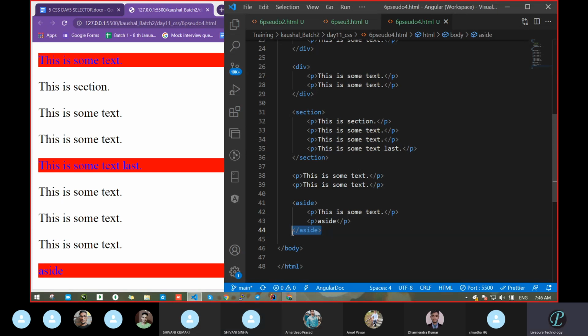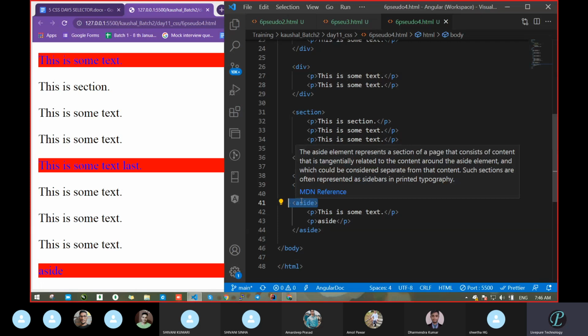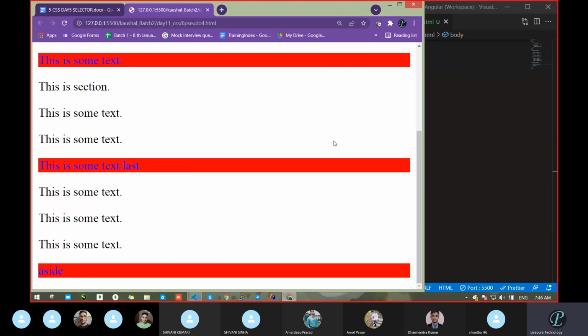Yes, sir. Semantic means what? Sense, meaning, meaningful. So what are we getting from the term aside? Is it giving some sense or not? Yes, sir. It is giving sense. Aside means something on the side, like that.